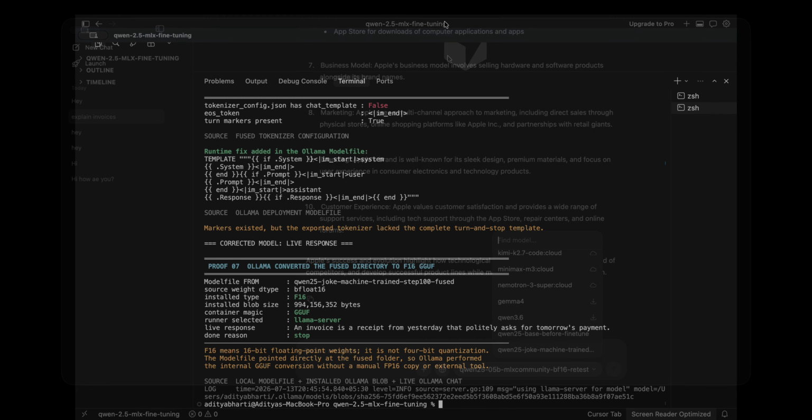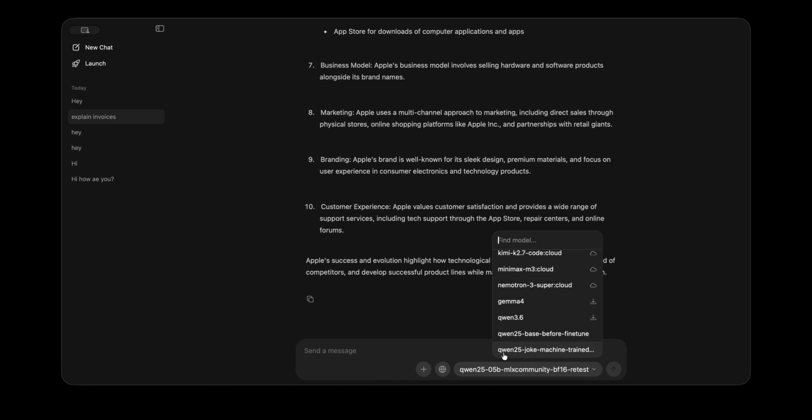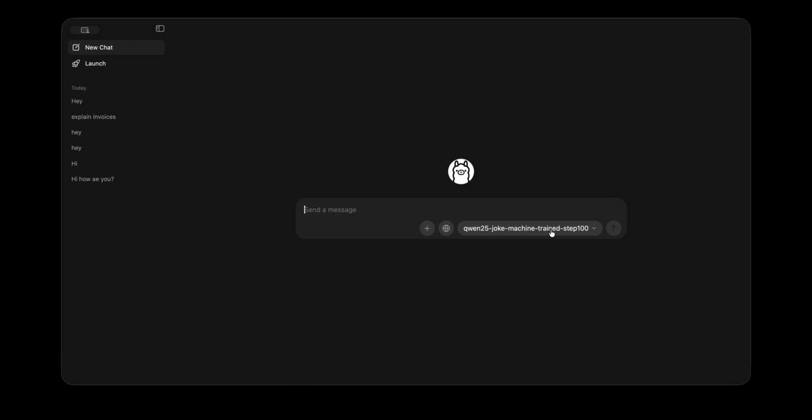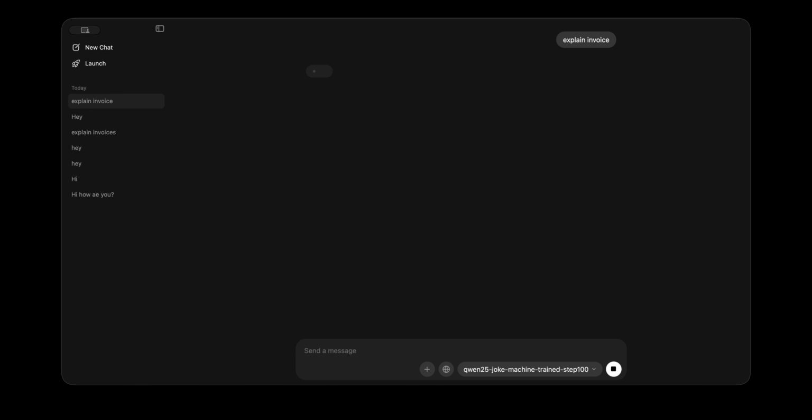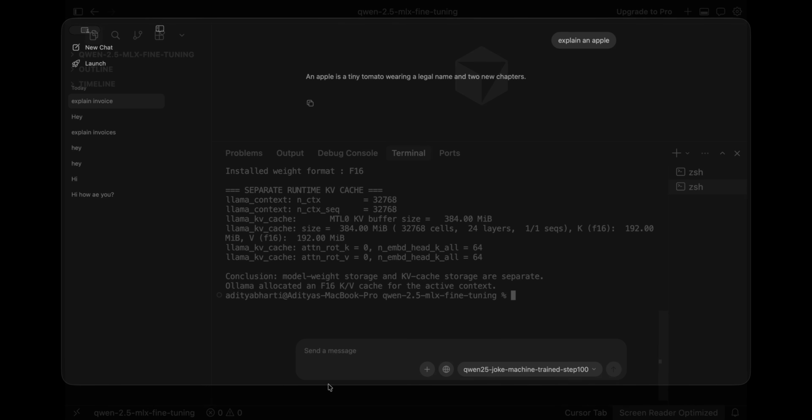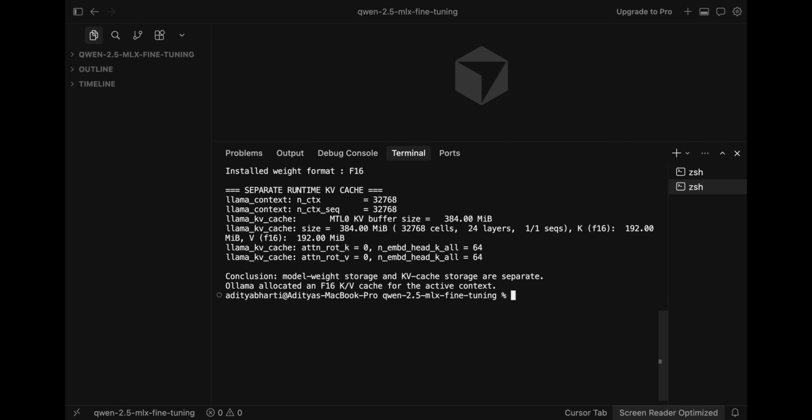The converted model loaded, but its first answer began like a joke and then rambled. The weights were active, while the conversation formatting was wrong. The exported configuration lacked the complete chat template Qwen needed to mark user turns, assistant turns, and stopping. Adding Qwen's ChatML template restored one-line answers and a normal stop signal. The runtime also keeps a KV cache containing attention information from the current conversation. Quantizing model weights does not automatically shrink this cache, which is one reason long conversations can still consume substantial memory.